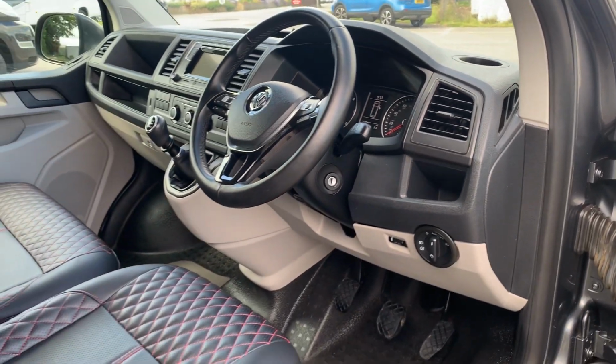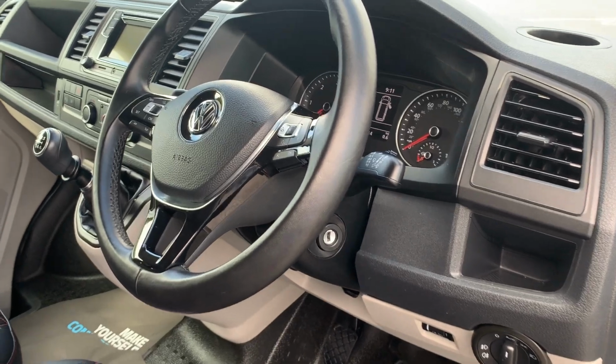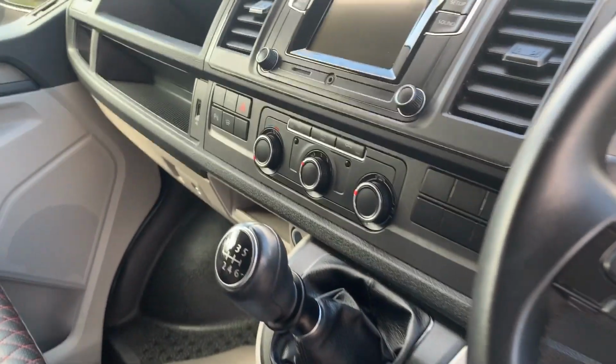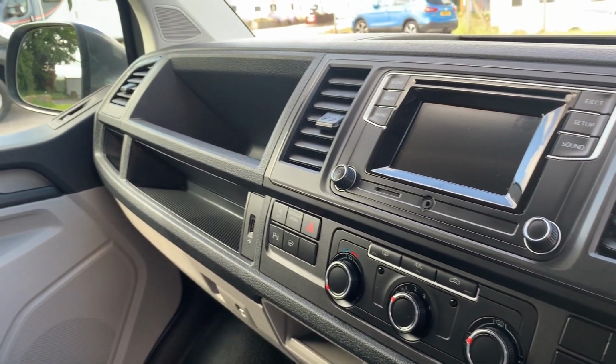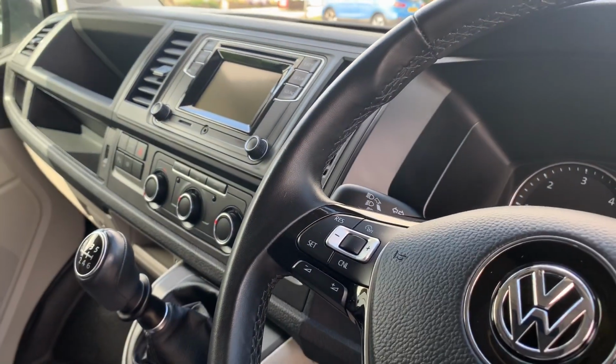and as mentioned it is the HIGHLINE specification, so you get your automatic lights and wipers, your leather steering wheel and gear gaiter, aircon as standard, steering wheel mounted cruise control,